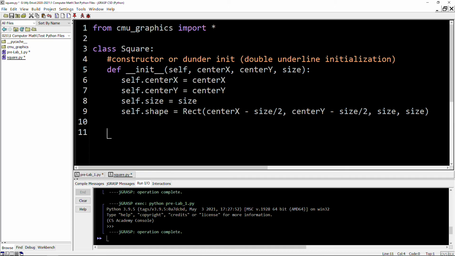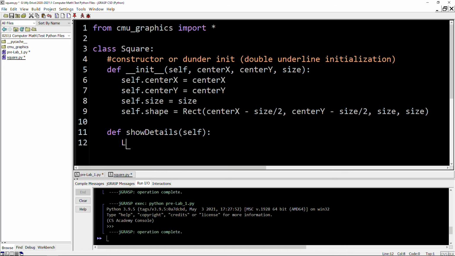I guess we could do something like show details, right? I'm trying to think if we need to return anything. In this case, yeah, we do want to use a self here. And so then we can do something like, I want to make a label that shows the details of the particular shape at the particular time.